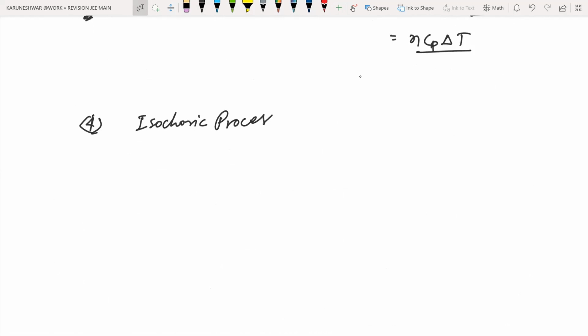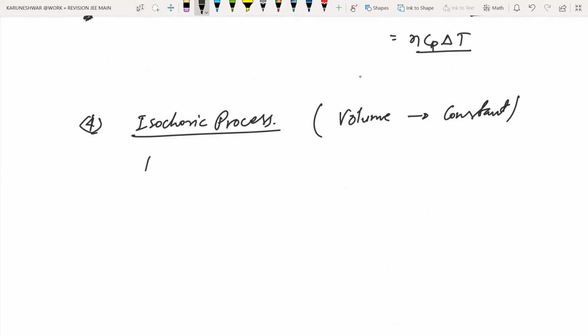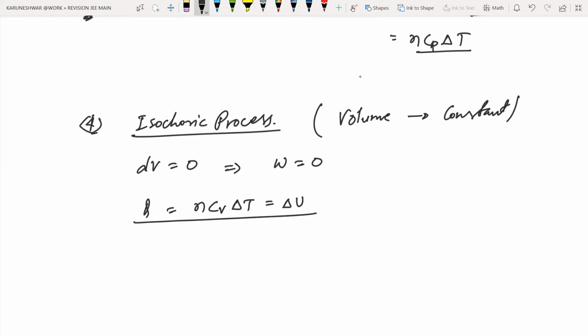आइसोकोरिक प्रोसेस का मतलब होता है वॉल्यूम कांस्टेंट। तो वॉल्यूम कांस्टेंट जब भी होगा, तो इस केस में dV का वैल्यू जो होगा, चेंज इन वॉल्यूम होगा ही नहीं, तो dV अगर नहीं होगा चेंज, तो दैट मीन्स कि जो वर्क डन होगा दिस विल बी जीरो, नो चेंज इन वॉल्यूम हैपनिंग हियर। तो जो भी आप हीट सप्लाई करोगे वो किधर जाएगा, वो यहाँ पे n Cv delta T, दिस विल बी योर चेंज इन इंटरनल एनर्जी Q।